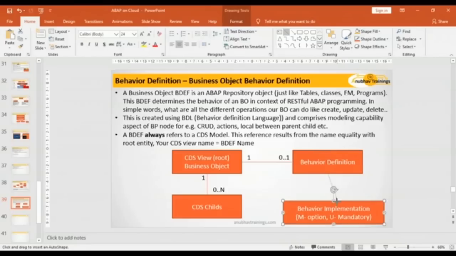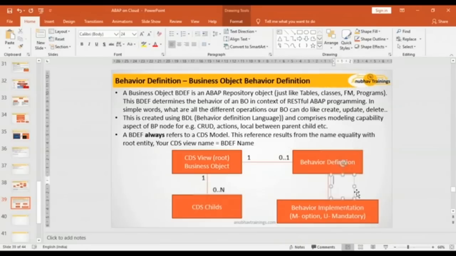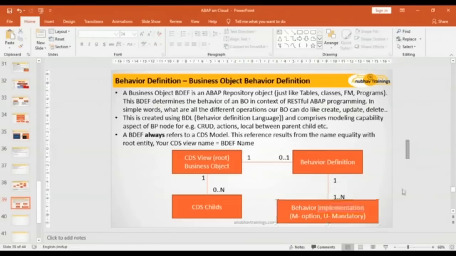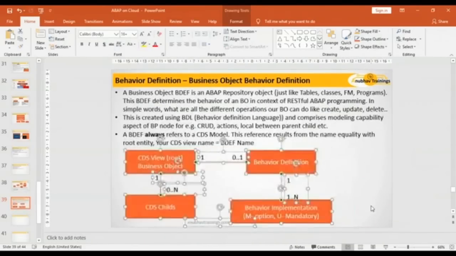So now that's your implementation. You can have multiple implementations for a single definition. So it's 1 to n. In the case of the unmanaged scenario, I would say it's minimum one, because you must create it. Now this implementation, where is it coded? Whenever it comes to implementation, it means there is code. Where do you write this code actually? Whatever implementation we're going to do,